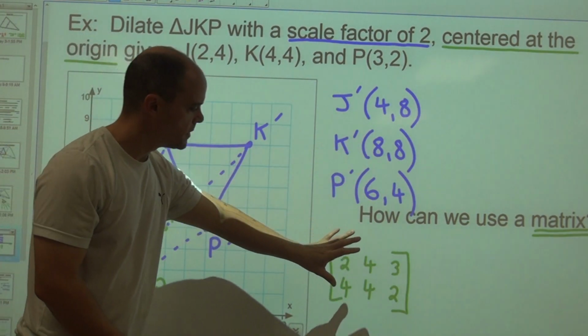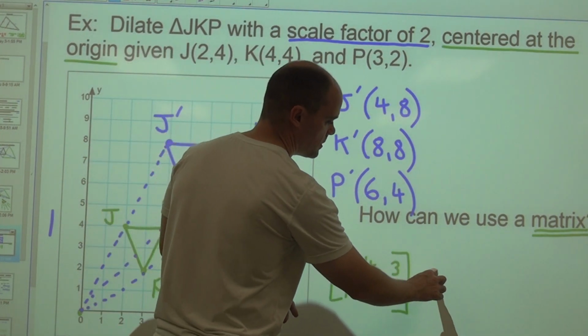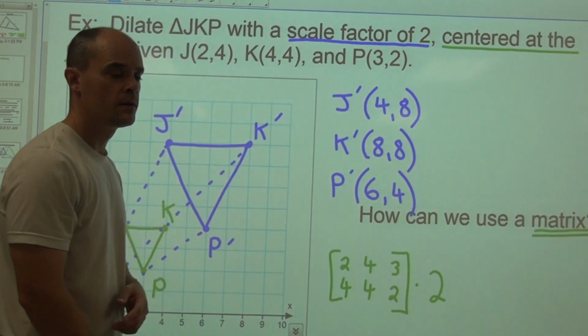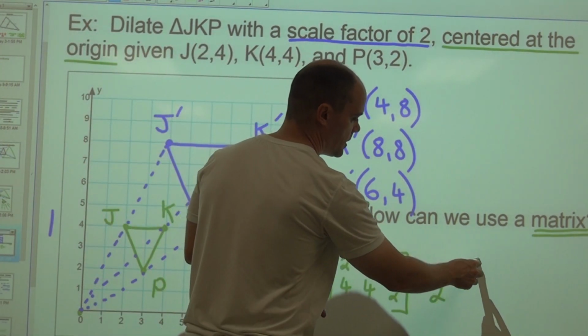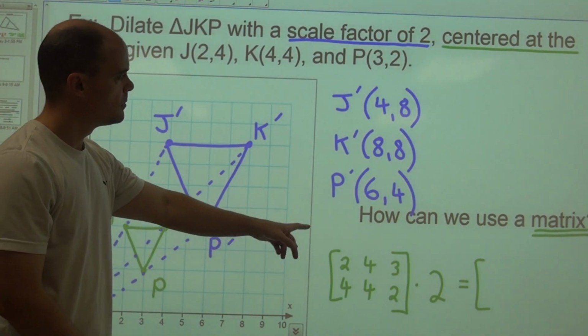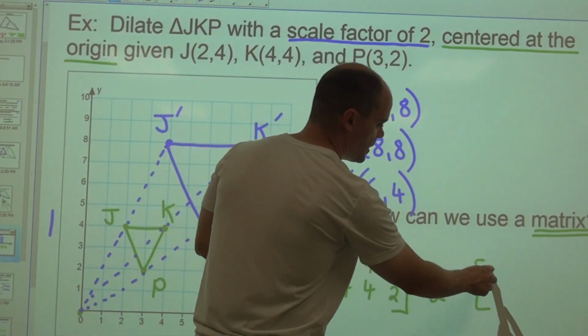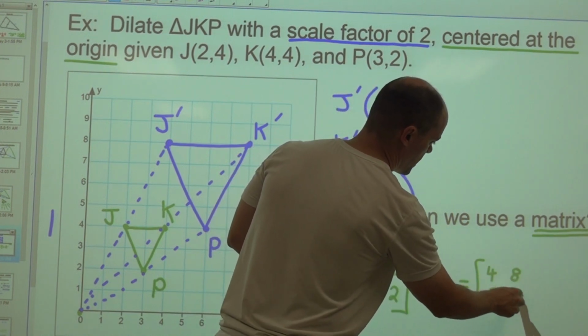So I program this into the computer, and I say, hey, computer, double all of that. And then the computer will spit out the exact triangle we are looking for. I know we're going to get all these coordinates. Every number is going to double. And this is what it would look like